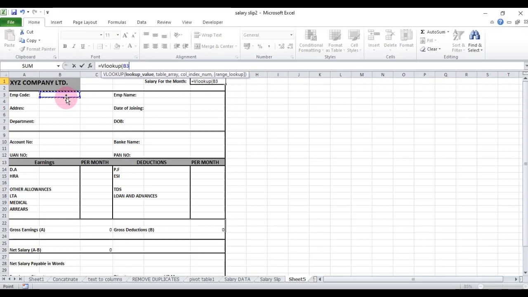Here you can provide an absolute reference to the cell, comma, sheet name, salary data, in inverted commas, salary data, inverted comma close, then put the exclamation sign here, then comma.